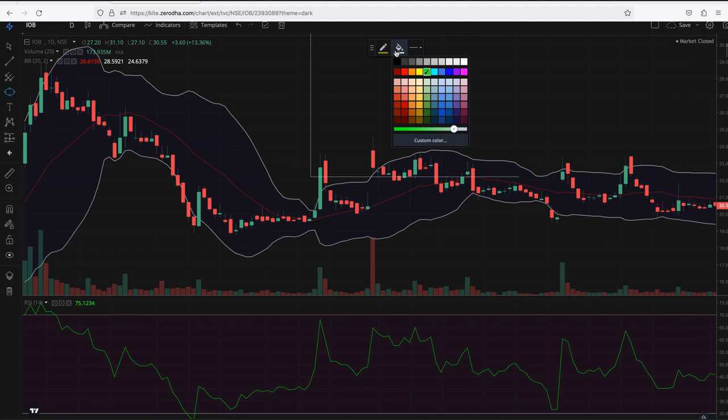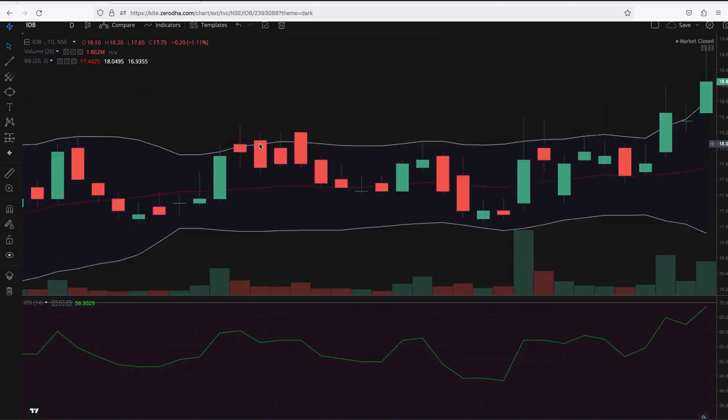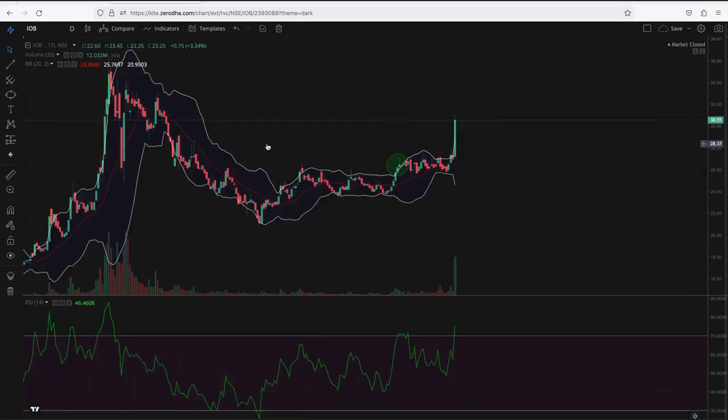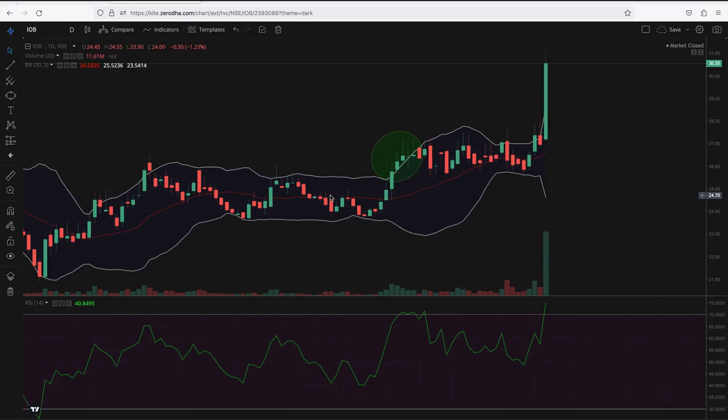So this will be our portion to target here. We have to target this portion to earn the profit, same as on the upper side as I have shown here. So the second candle will be our target point. So that's it. That is the overlook of the Bollinger Band strategy.